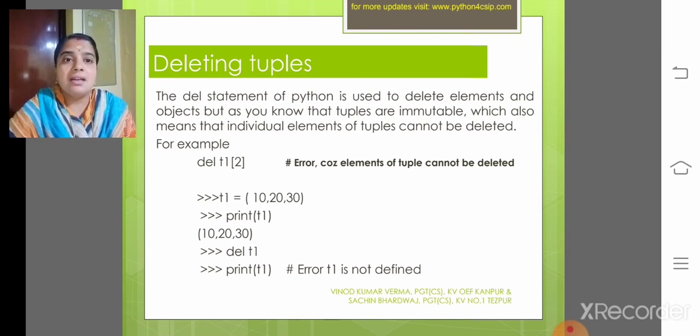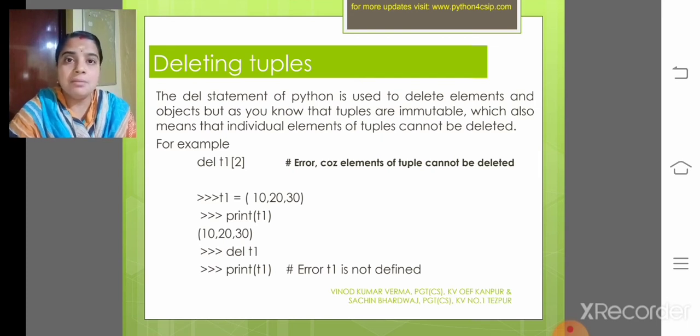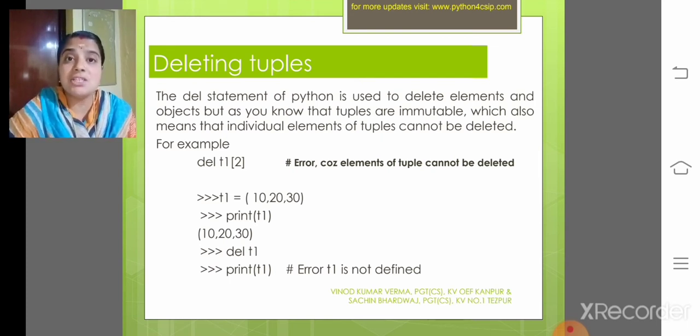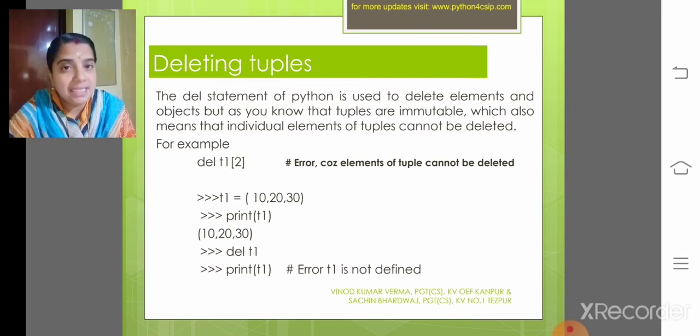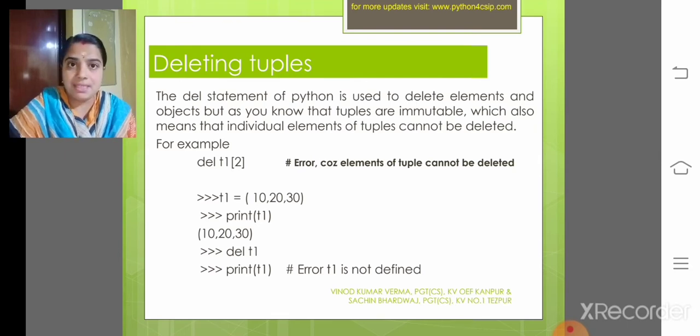T1 can be deleted entirely, that is del of T1. So what happens? The tuple itself is deleted from the program. So my dear children, individual element deletion is not possible in a tuple, but we can use del for removing the entire tuple. I think you are all clear about how to delete tuple elements.